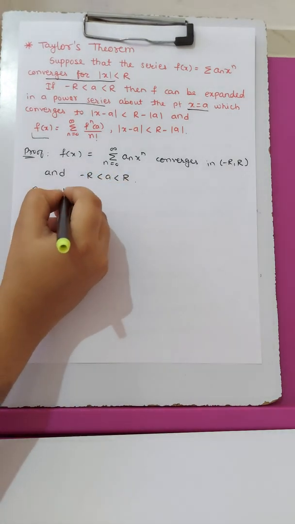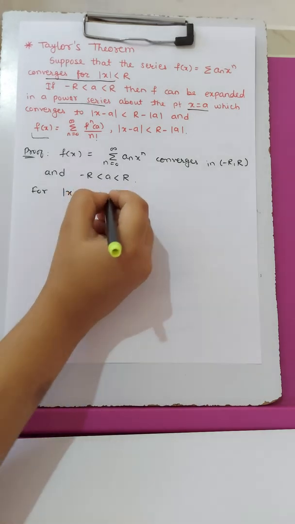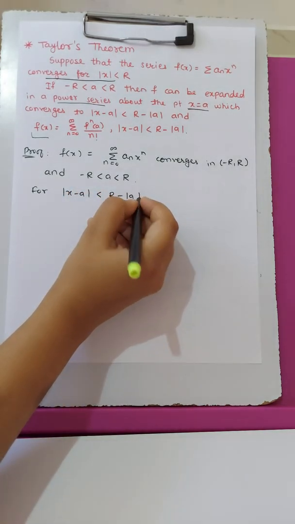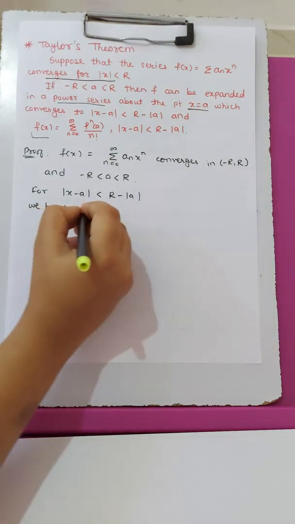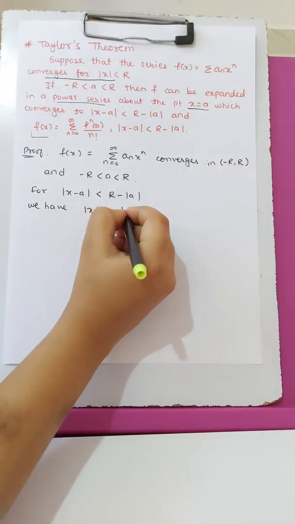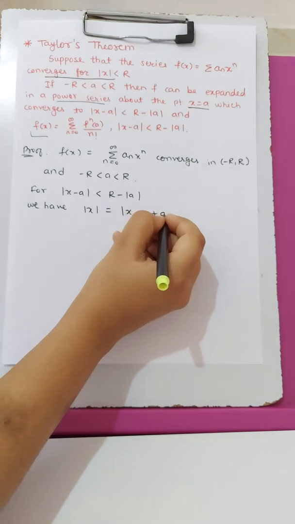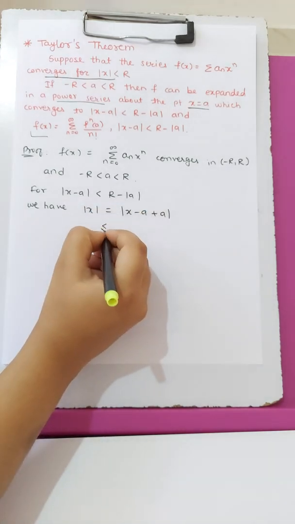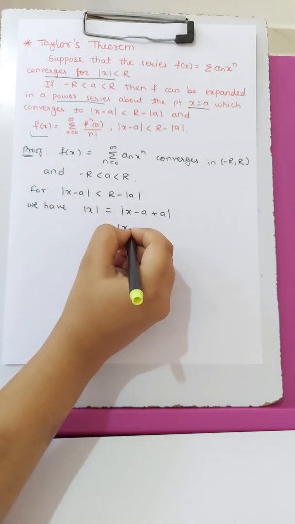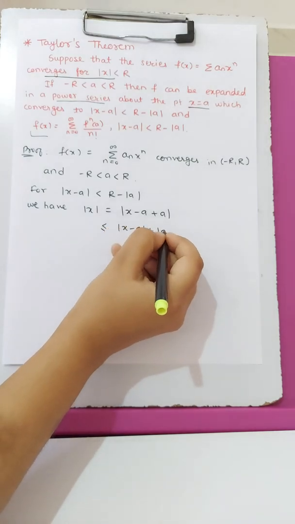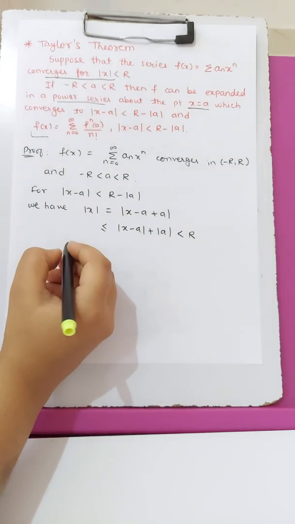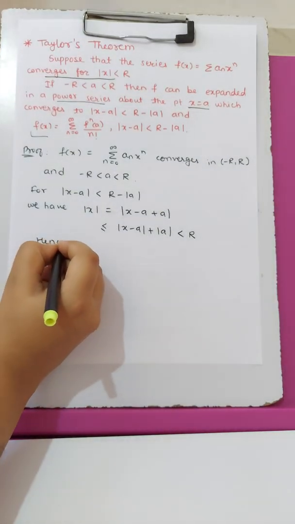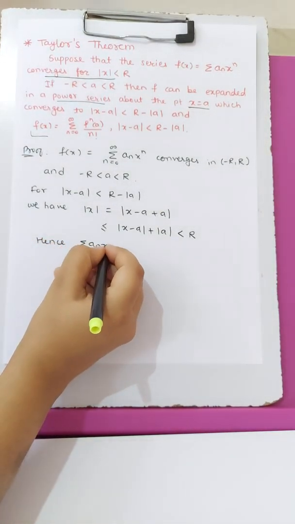So for mod of x minus a less than r minus mod a, we have mod of x equals mod of x minus a plus a. Therefore, mod x will be less than or equal to mod of x minus a plus mod a, which is less than r. Hence this summation a_n x to the power n